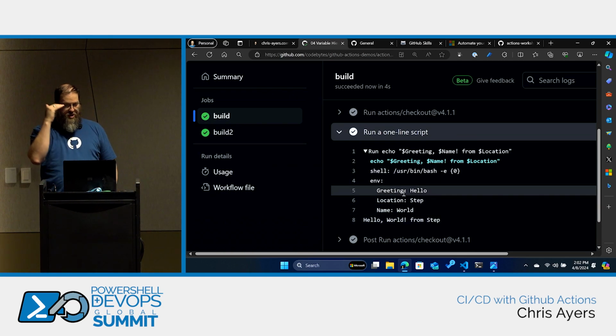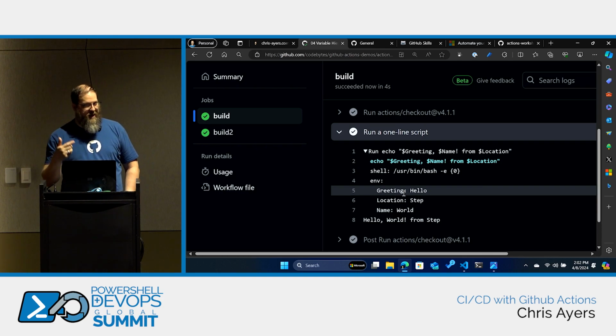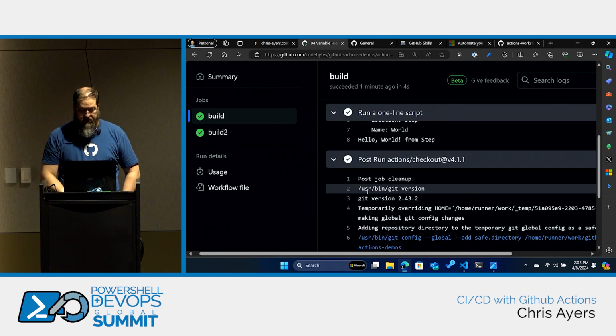The job level variable got overridden by the step level variable. So it's the closest in wins, or last in wins. So the most specific, or the closest to the area of execution. If I printed out something else,